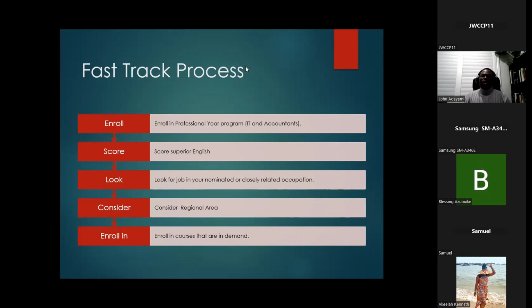Not only that, you can claim 5 points for working in Australia, and you also use that for your skill assessment. So you might say, well, I can't do that on my student visa. Yes, you can do that in the last year of your program. Say, for example, if you are running your master's for 2 years, do it in the second year,